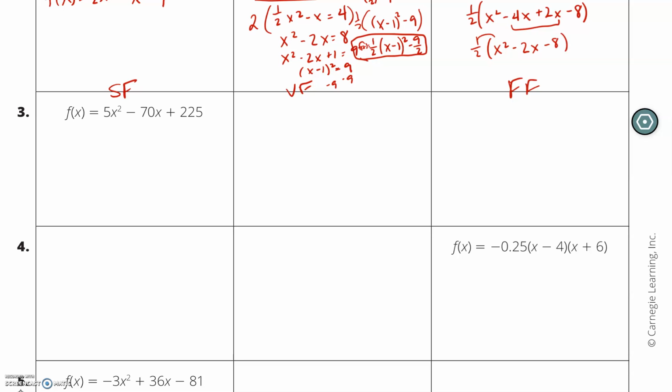So 570 and 225 are all divisible by 5, so we're going to divide that 5 out, leaving us with x squared minus 14x plus 45. And don't forget, we have that 5 that we took out. All right, so when we get to factored form over here,